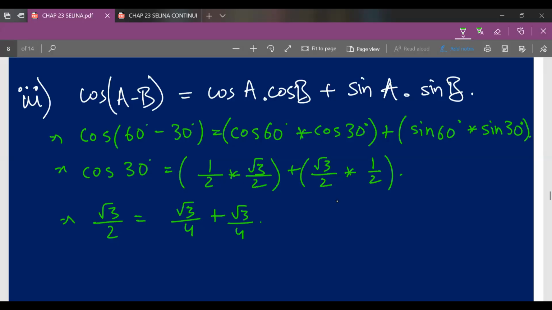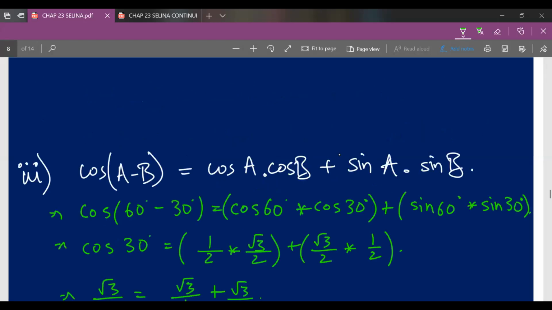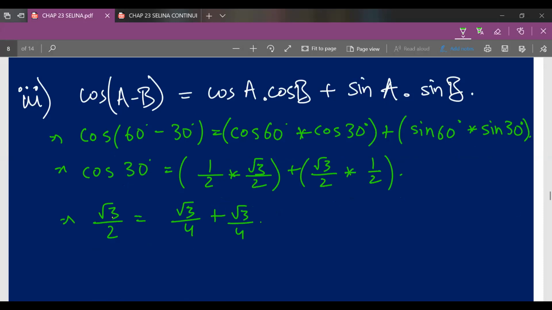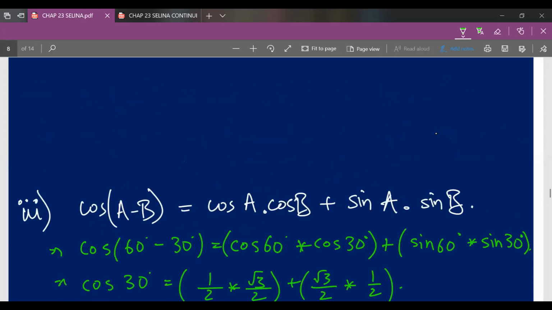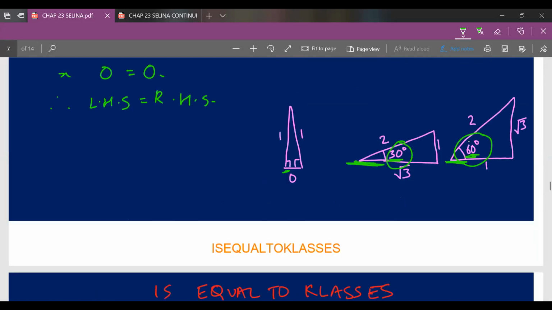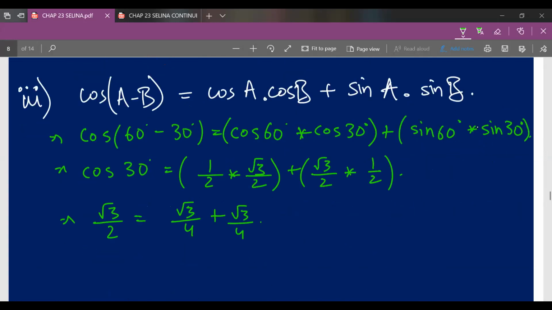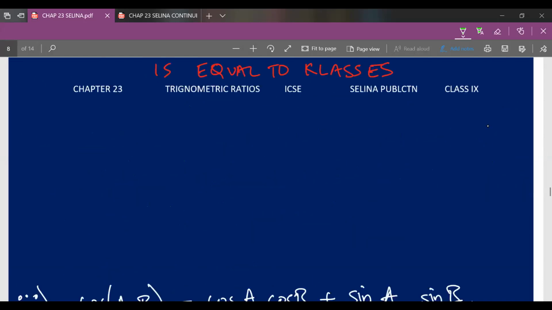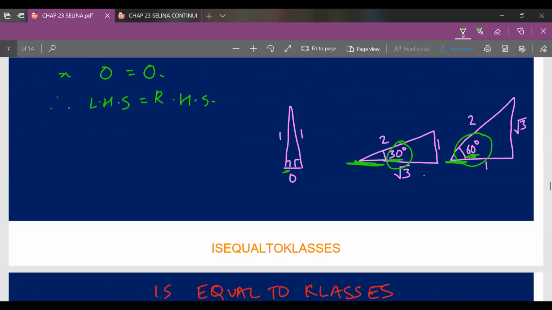Over here I've solved a question a bit, so I'll explain it to you again. Cos 60 degree is 1 upon 2 and cos 30 degree. For cos 30 degree in the RHS, the value is root 3 upon 2 plus root 3 upon 2. Why? Because sin 60 degree, we'll refer to this magic triangle. With respect to angle 60 degree, perpendicular upon hypotenuse will be root 3 upon 2. Therefore our sin 60 degree will be root 3 upon 2 into 1 upon 2, which will be our answer to sin 30 degree. I'll mention the magic triangle for 30 degree also.